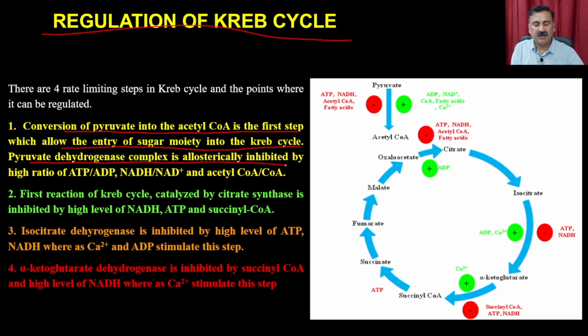Pyruvate dehydrogenase complex is allosterically inhibited by the high ratio of this and that. So the regulation of the Krebs cycle is very important because it is actually going to